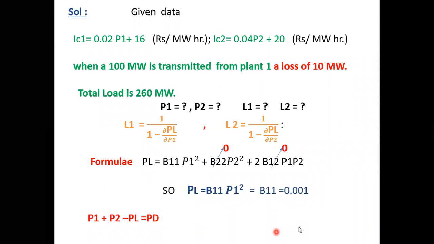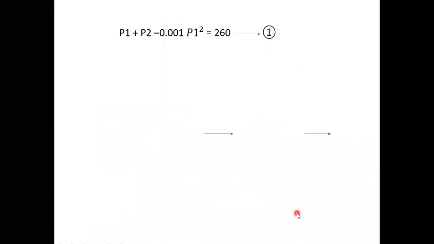So try to solve these two equations and tell me P1 and P2. In this unit, the formulas are very, very limited. But it depends upon the given data, how they have given the data. So depending upon that given data only, we need to try to solve the problems. So let's see the solution.